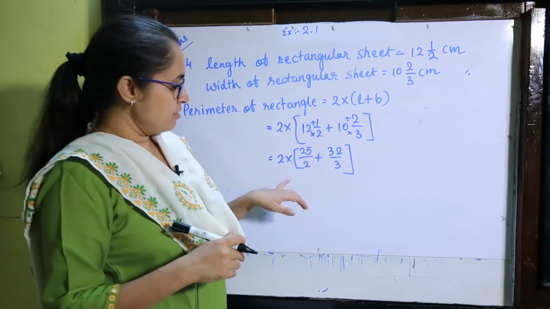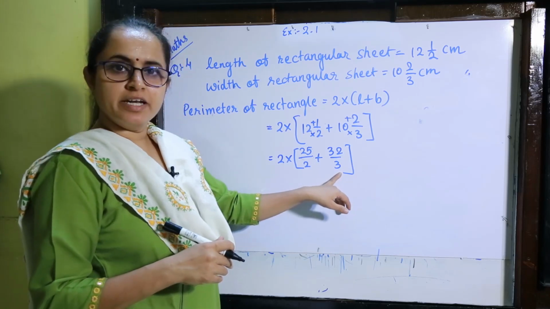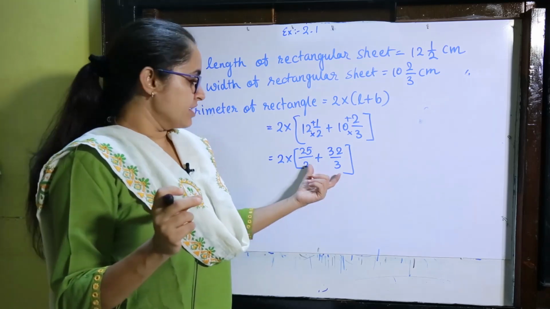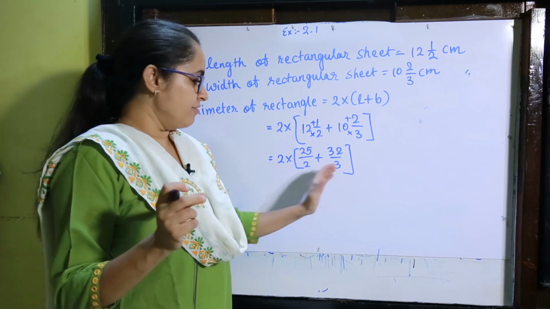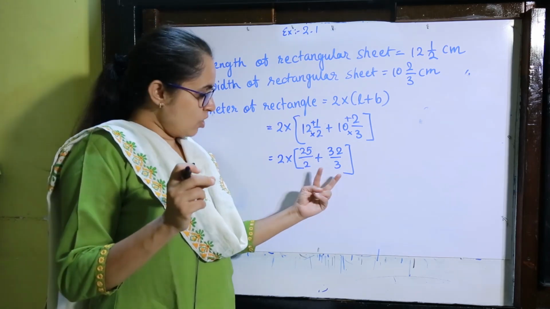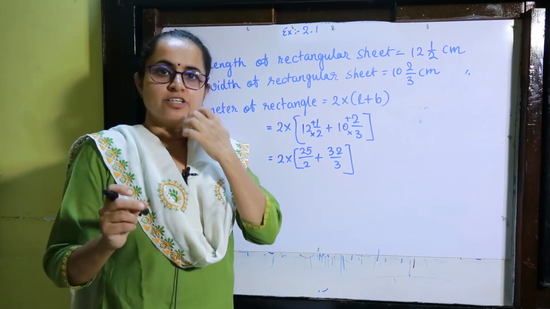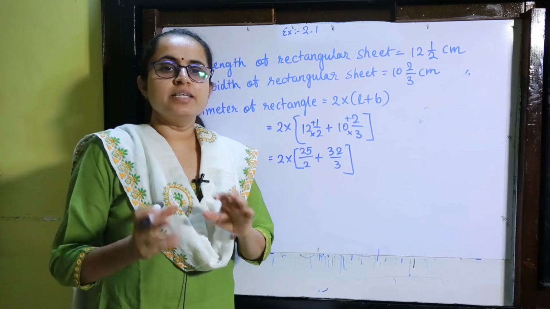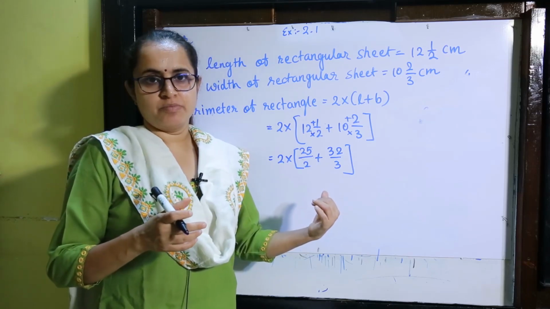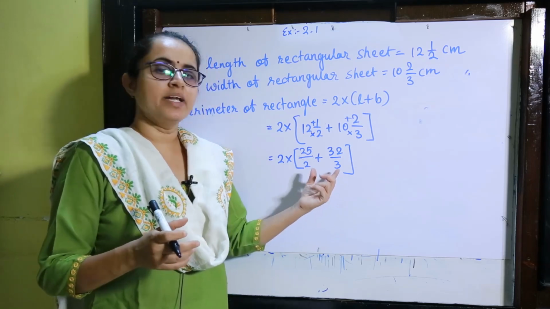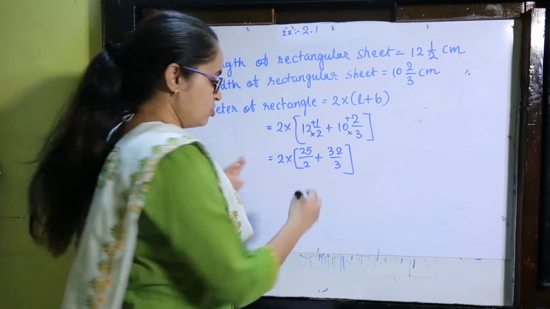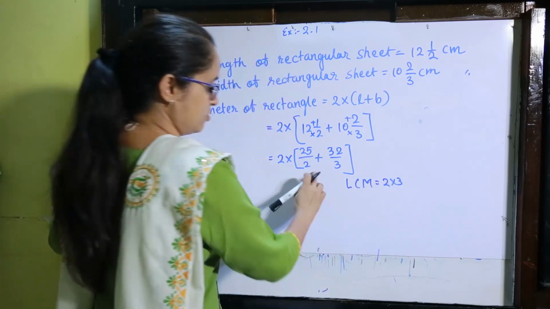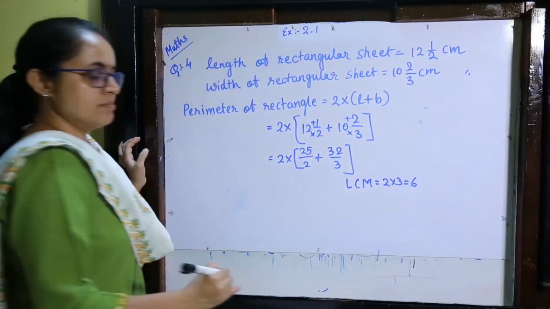Now here as you can see, both the numbers in the denominators are prime numbers, and also consecutive numbers. Consecutive means one after another, after 2 comes 3. So these are called consecutive numbers. So always remember that the LCM of any two prime numbers or any two consecutive numbers is the product of those numbers. Product means multiply both numbers, and the answer that comes is your LCM. So here LCM is 2 multiplied by 3. 2 3s are 6. So LCM is 6.